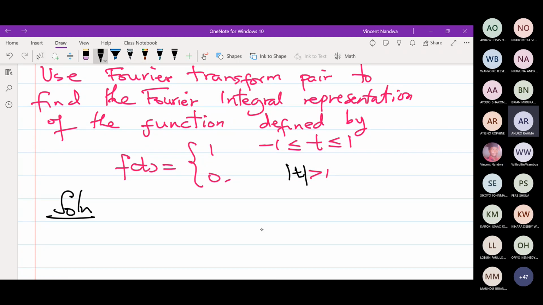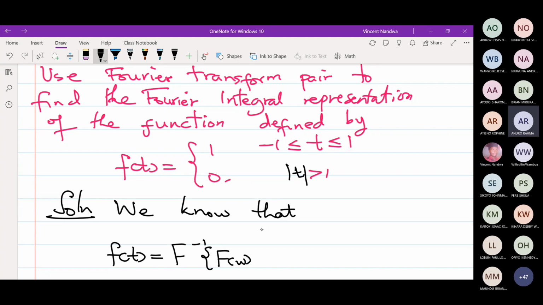So note that f of t, which is actually the inverse Fourier transform of f of omega, is given by 1/2 pi integral from -infinity to +infinity of f of omega e power I omega t d omega,